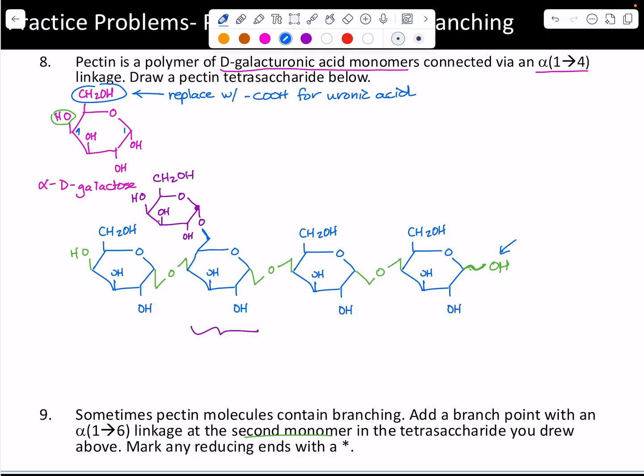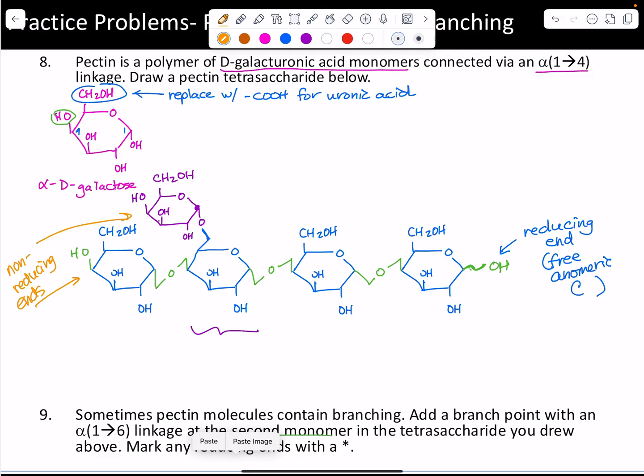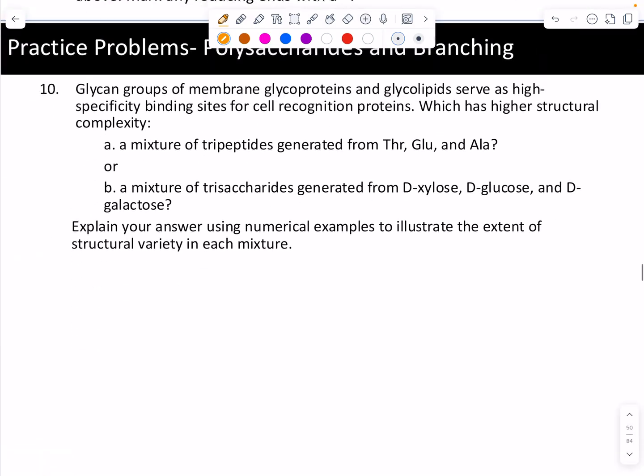So this here is what we would call the reducing end, because it's got a free anomeric carbon, right? And then these ends here would be called non-reducing ends, because they do not have free anomeric carbons. All right, so